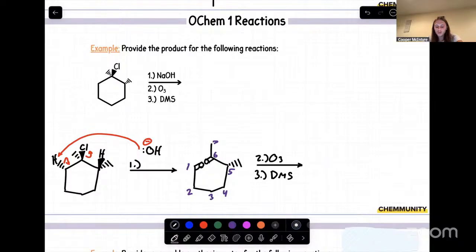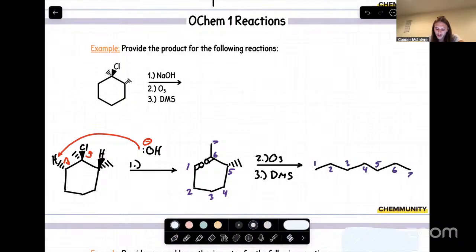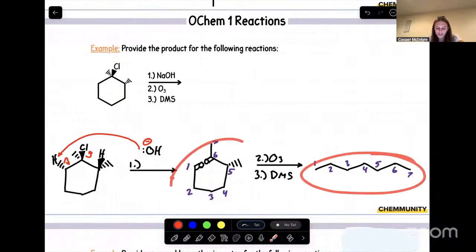So what I'll do is draw out a 7 carbon chain. So 1, 2, 3, 4, 5, 6. And since I drew out 6 lines, that means we have 7 carbons. 1, 2, 3, 4, 5, 6, 7. And if we were to now add in our groups, we can actually number them first. 1, 2, 3, 4, 5, 6, 7. Perfect. So if we're looking at our numbers here and comparing them to the numbers over here,